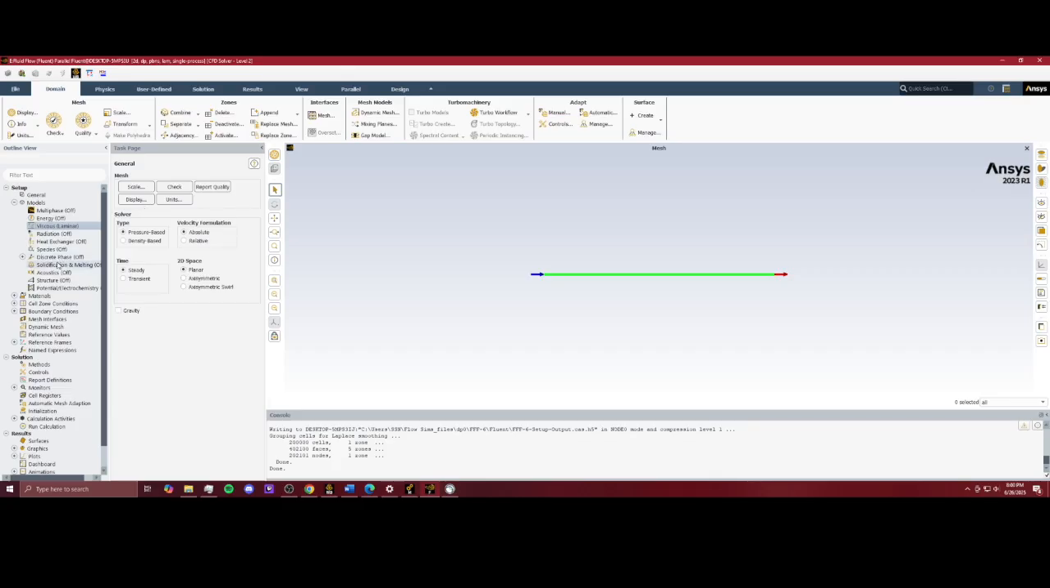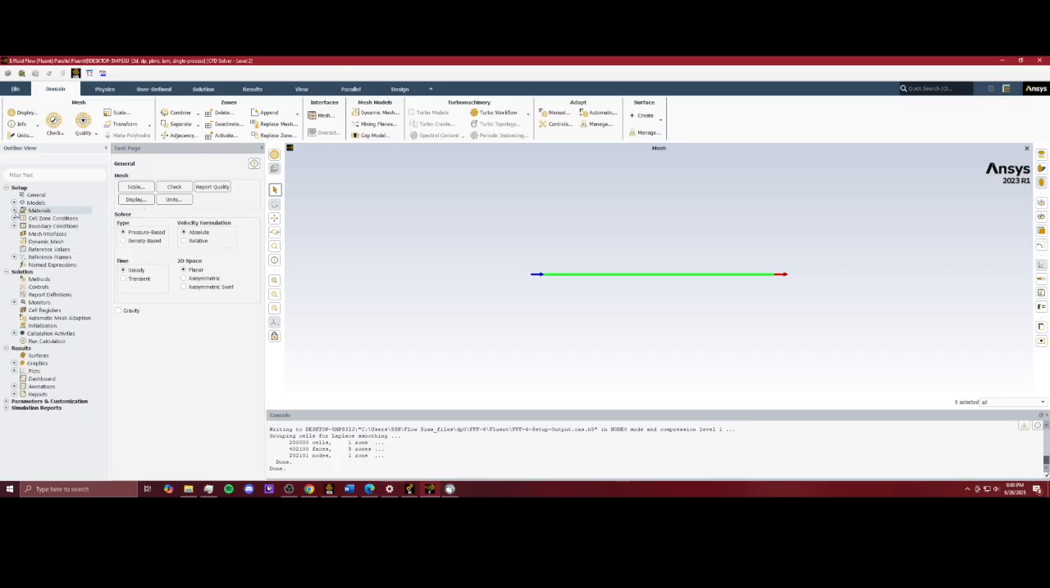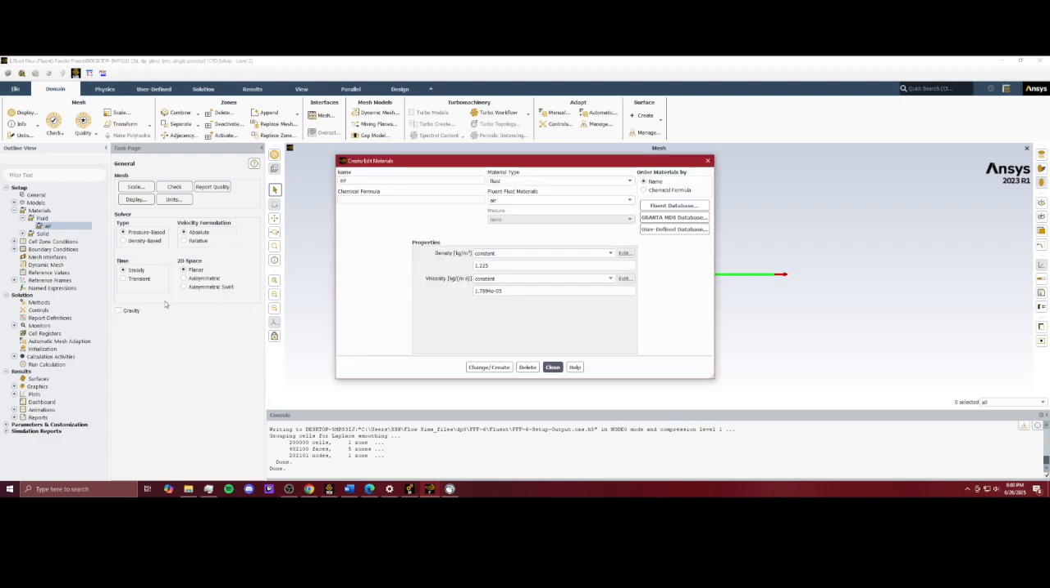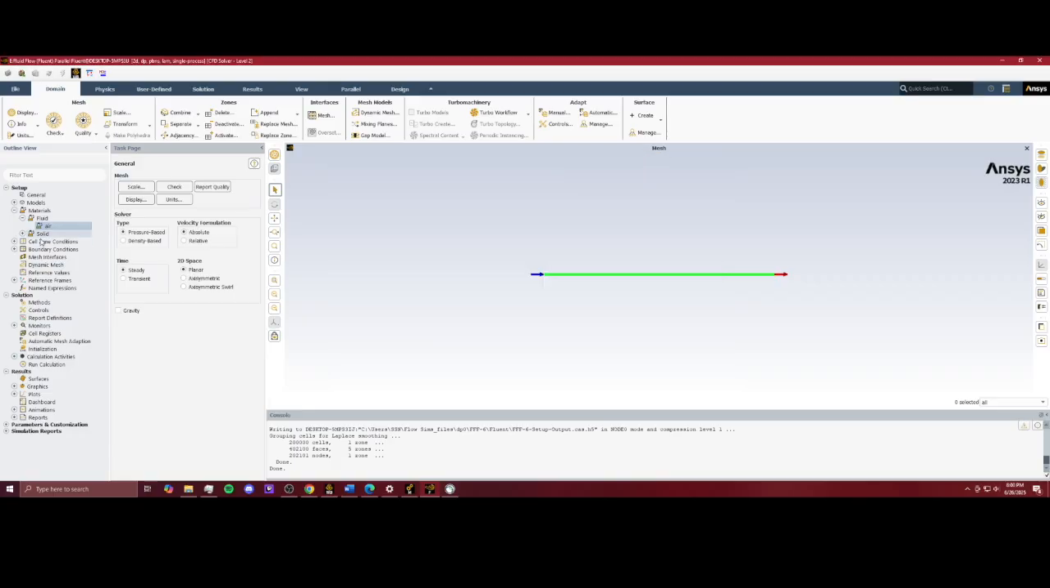We're going to go over here to materials. I don't think you really have to change this. I just set it to 1.8 to make the math a little easier, but we can keep it like that. The density is fine as well. Then we're going to go to